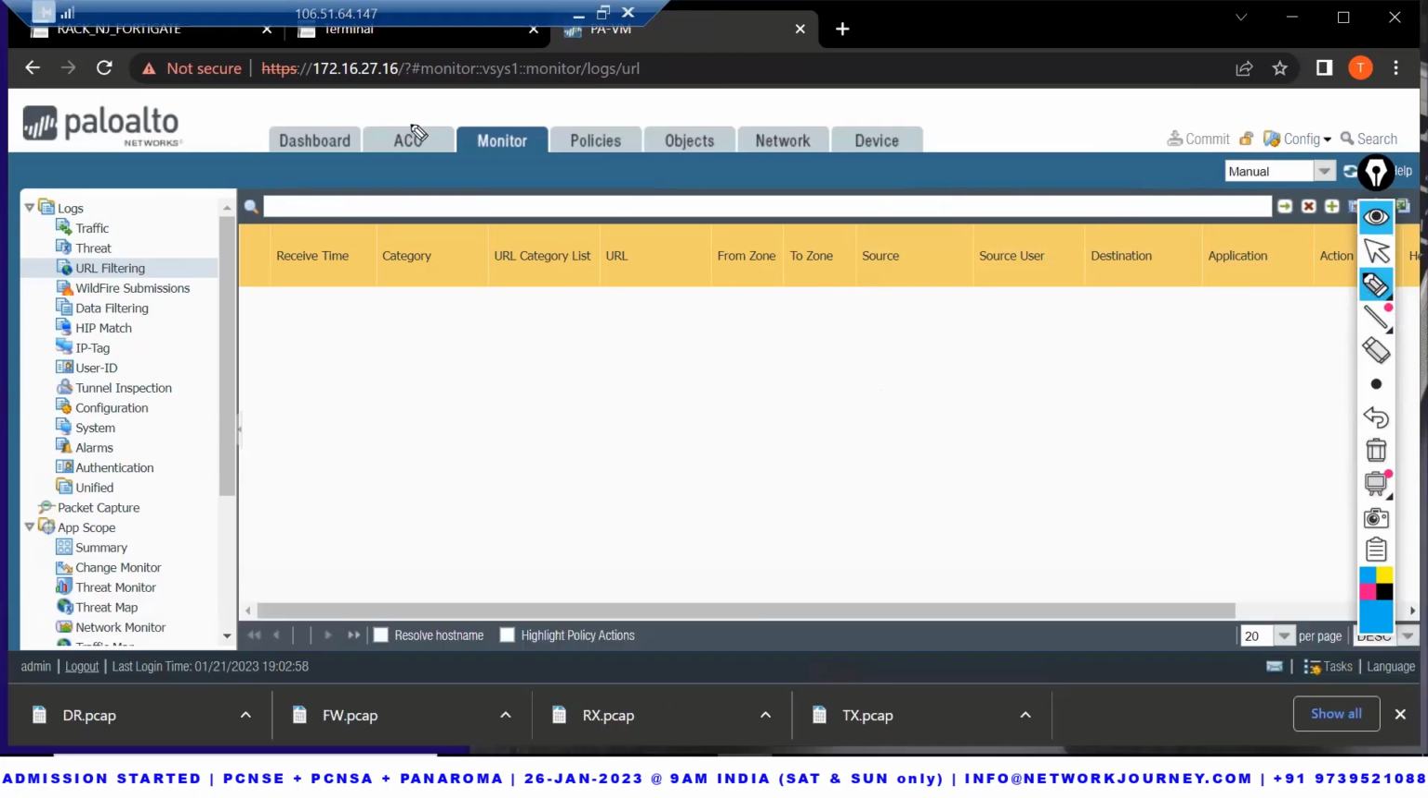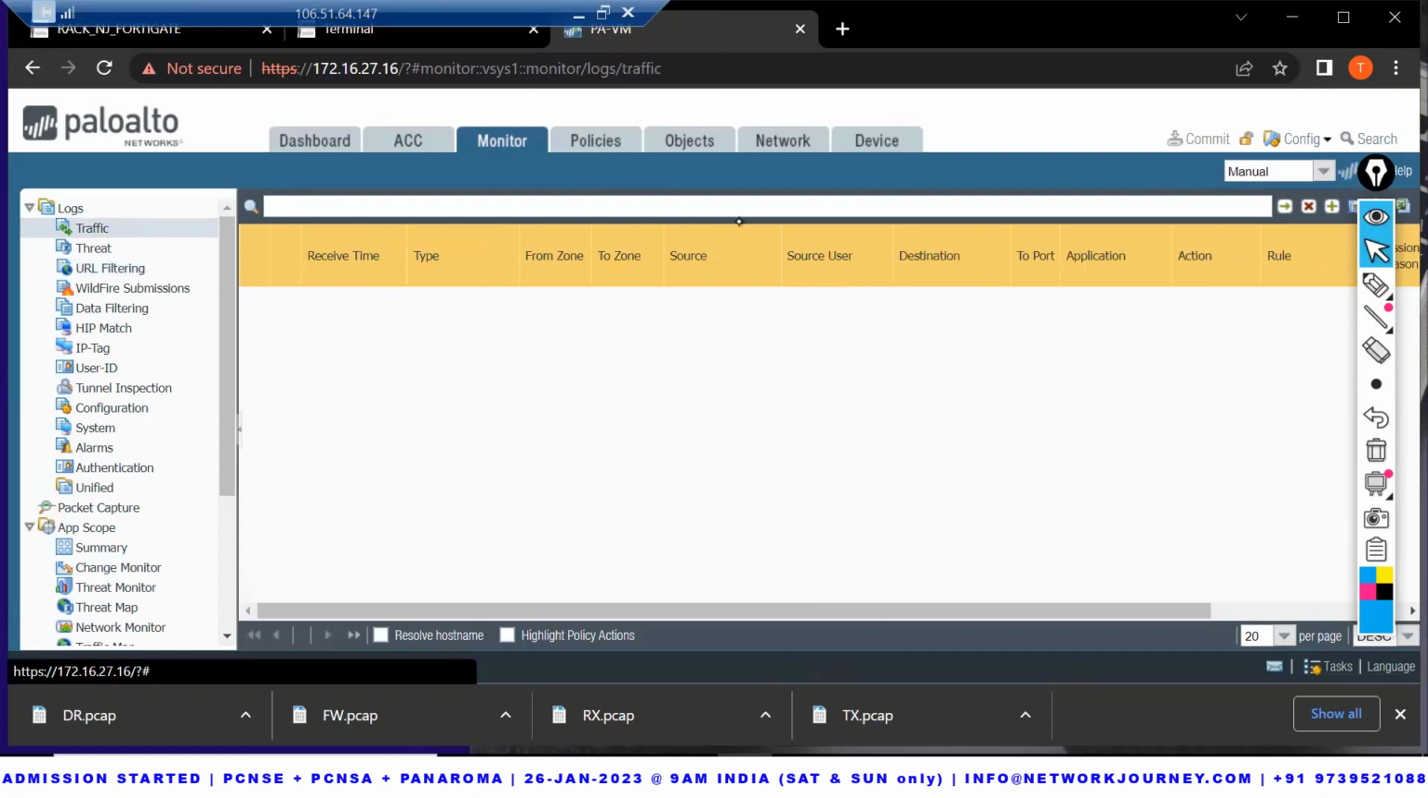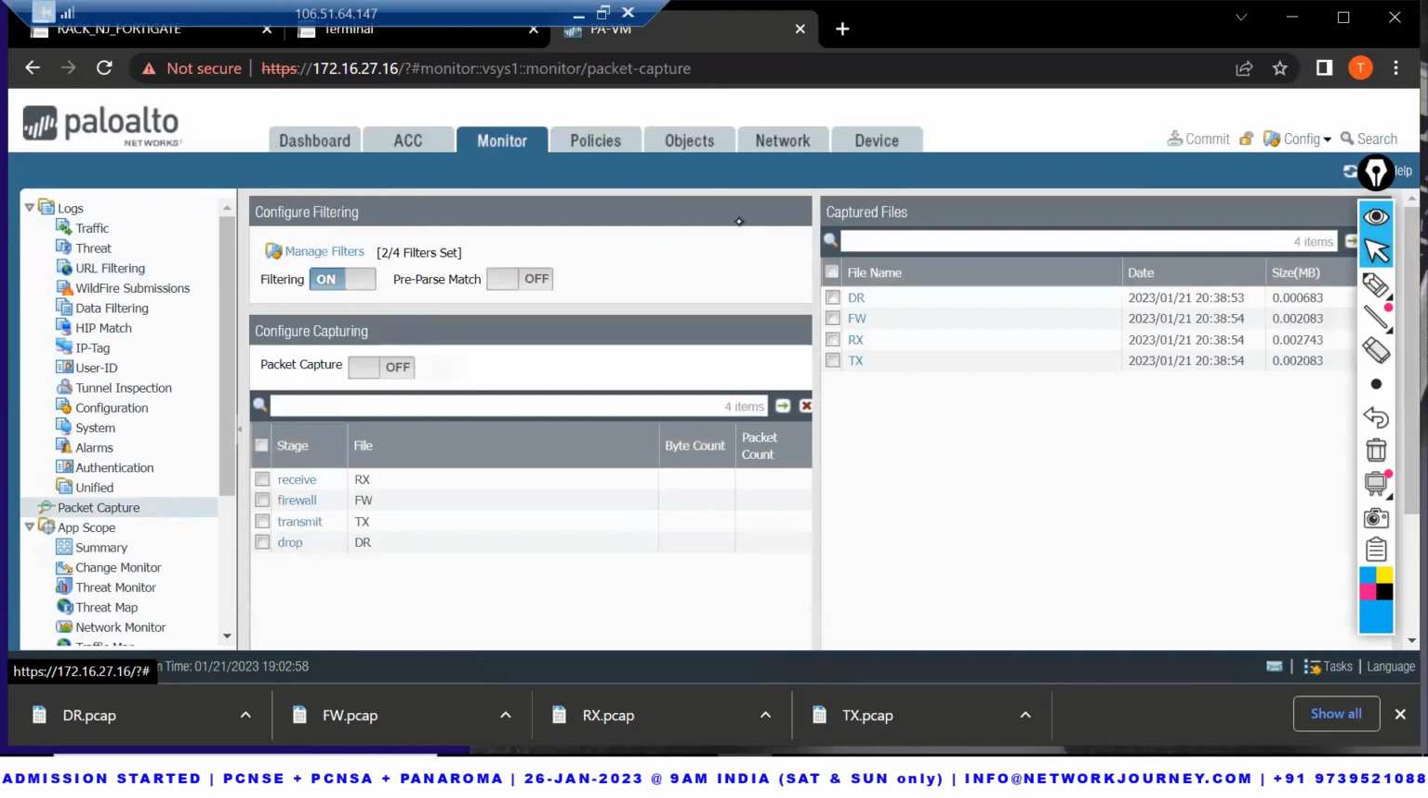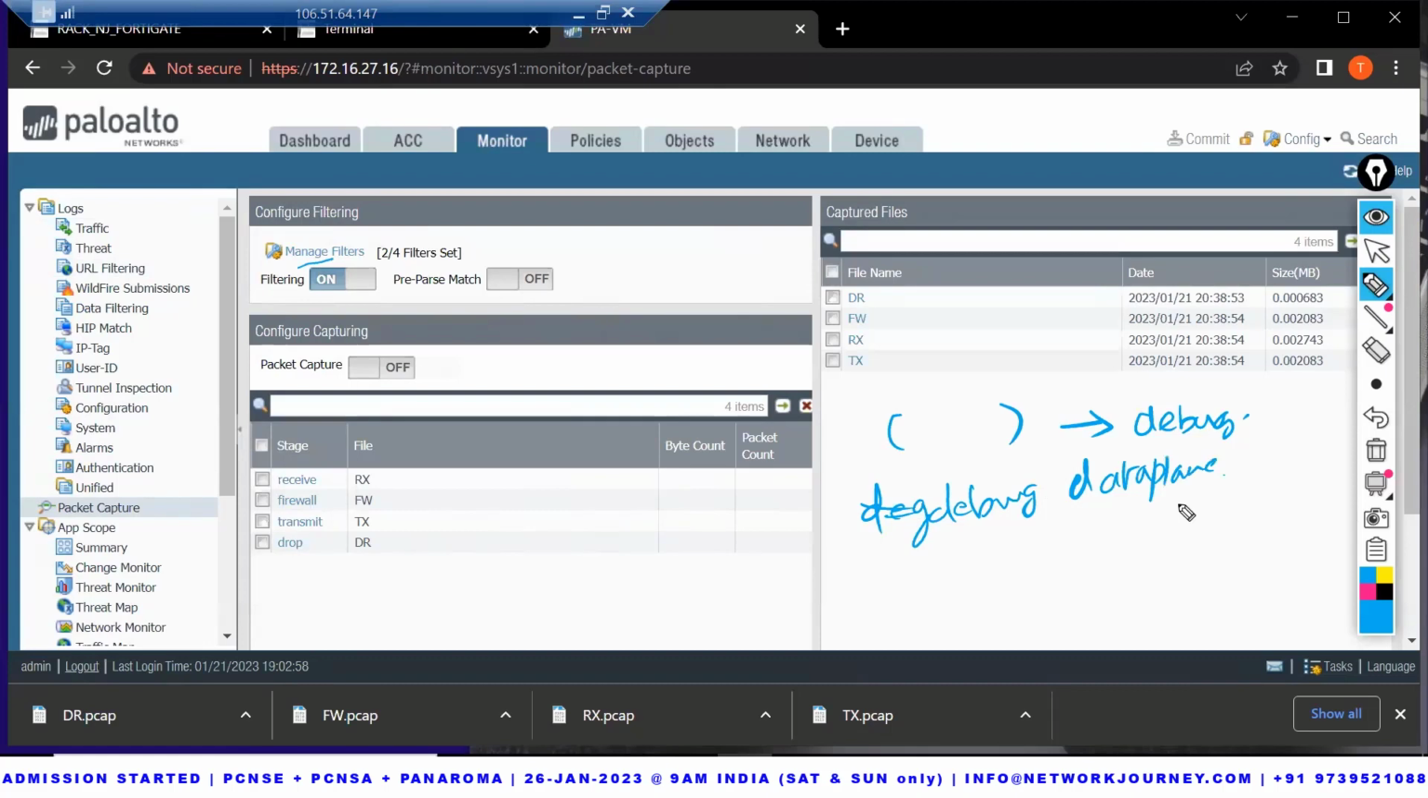So first thing is, in the GUI itself, you set up a filter like this under packet capture. After you set up a filter, you have to set which level of debug you want to do. So there is a command, debug. If it's for the data plane, you say data plane. If it's for the management plane, you say management plane. Debug data plane packet diagnostic